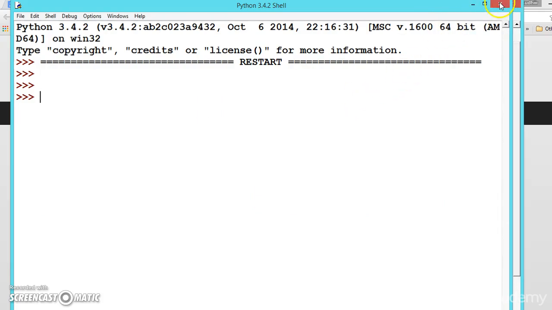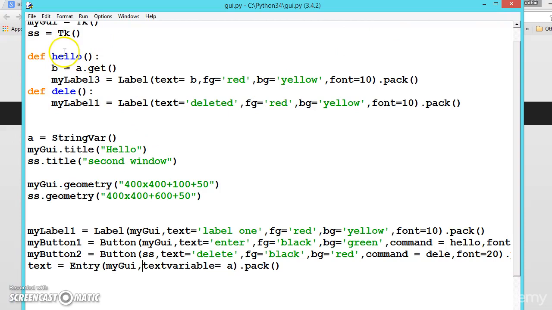Let me close this. Whenever text is entered, it goes into the variable A, and whenever we press the button, which is enter, it calls the method hello.